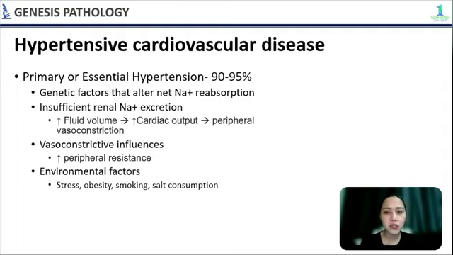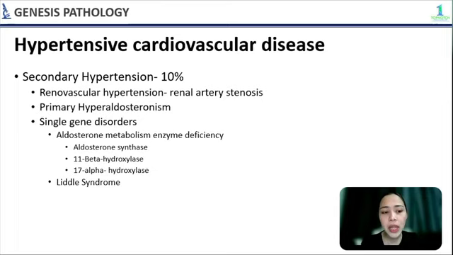First, hypertensive cardiovascular disease. So approximately 90% of hypertension is idiopathic, the so-called essential hypertension. But it is also thought that small changes in renal sodium homeostasis, the vessel wall tone or structure, as well as certain environmental factors act in combination to cause this essential hypertension. Okay? In 5 to 10% of the cases, the cause is known.